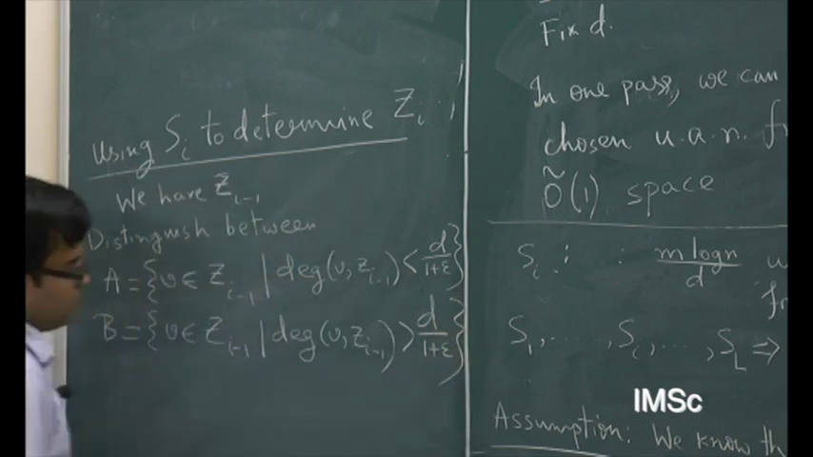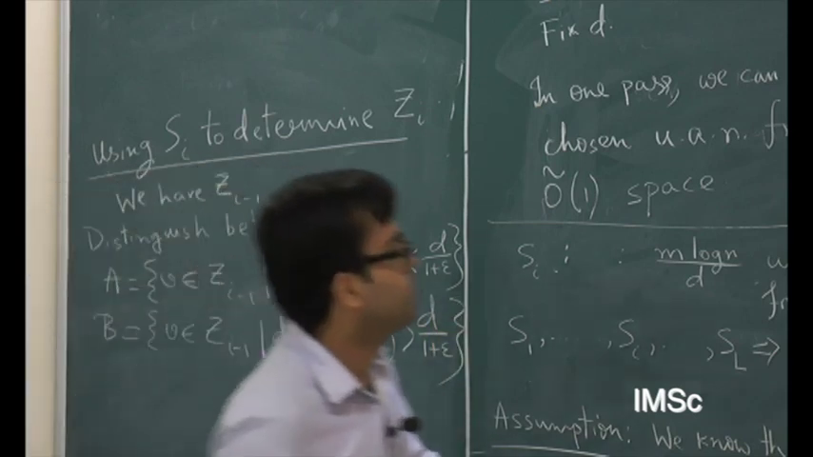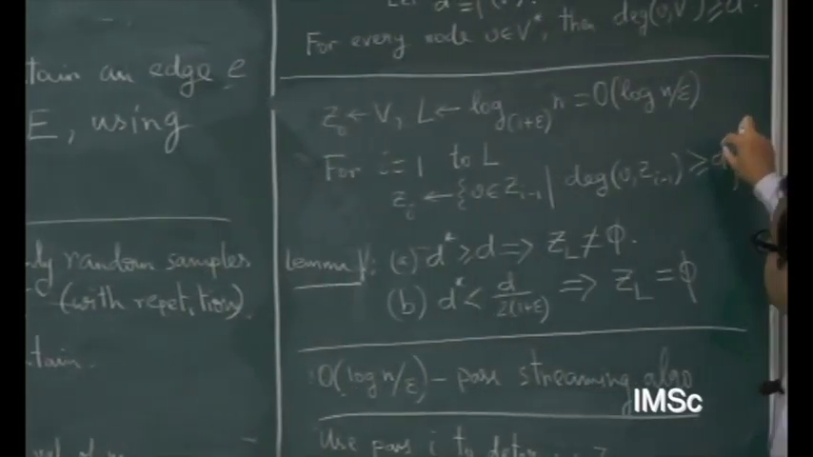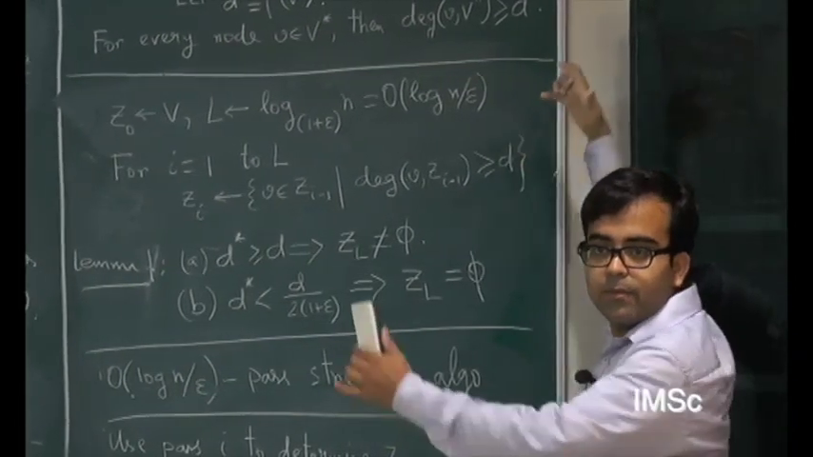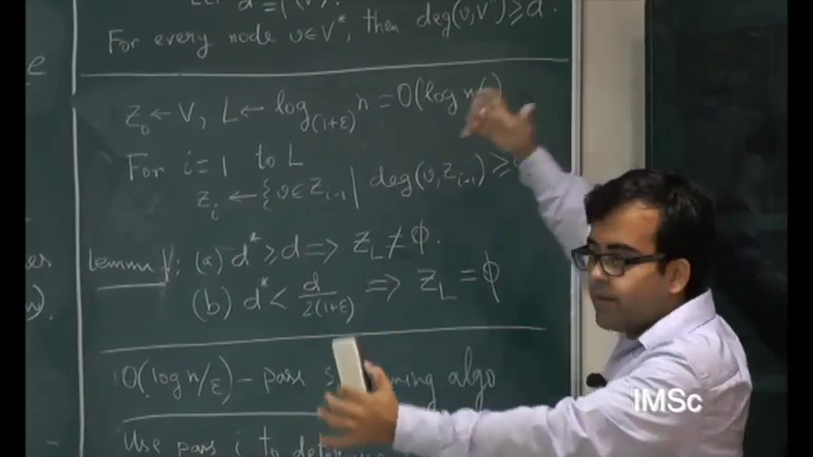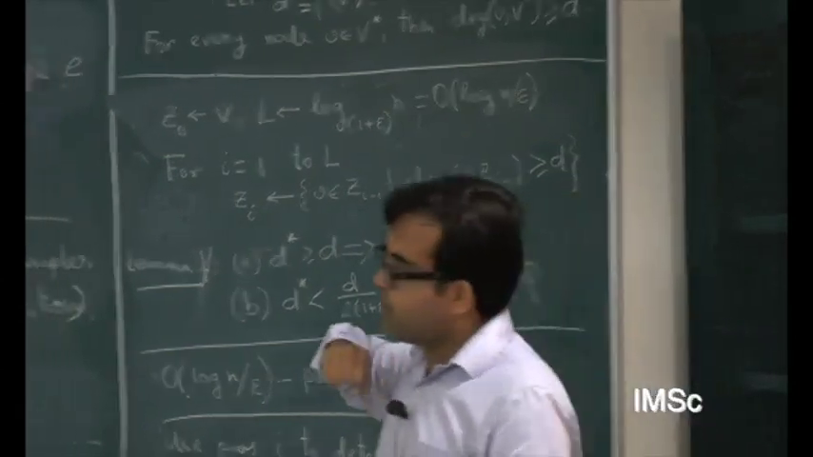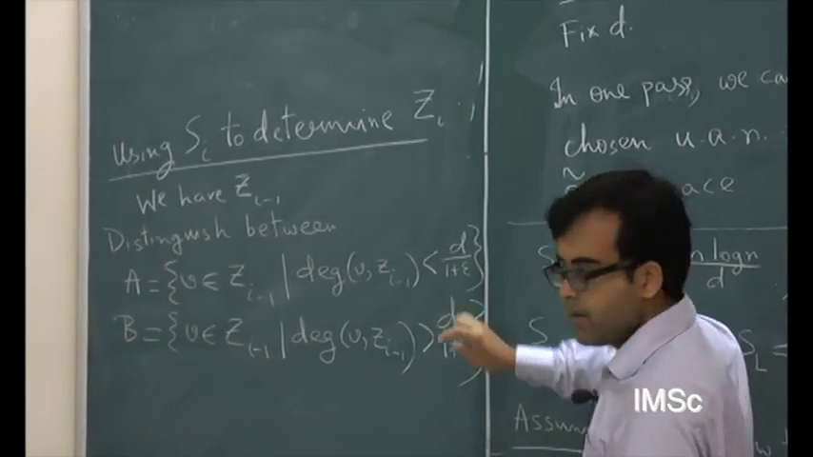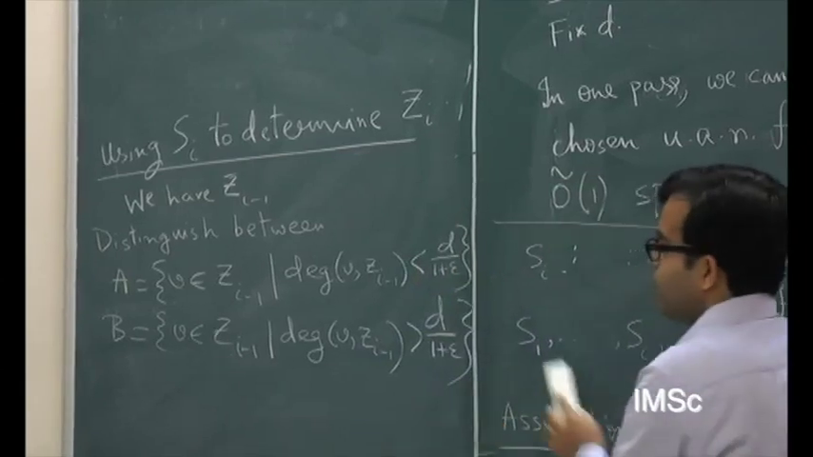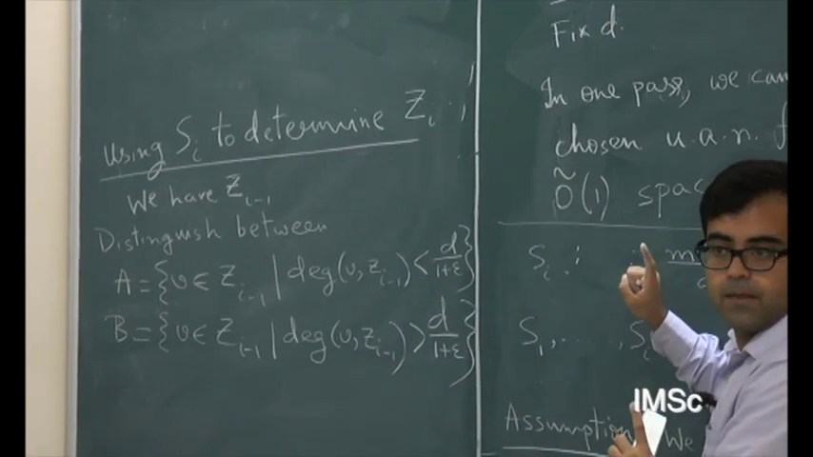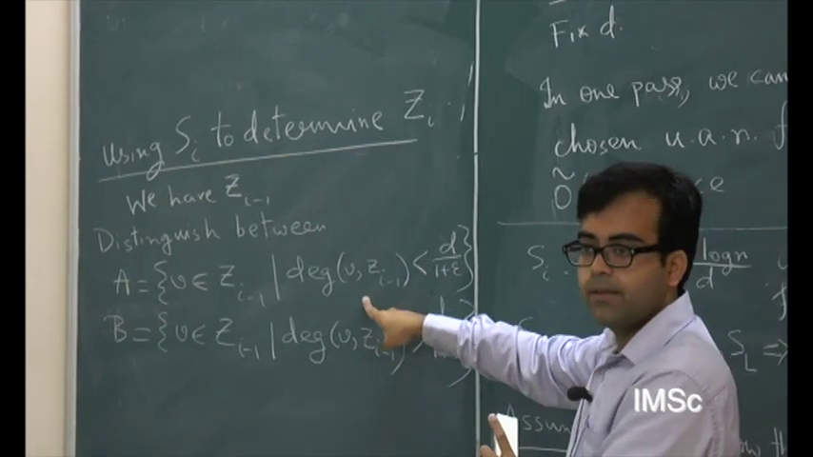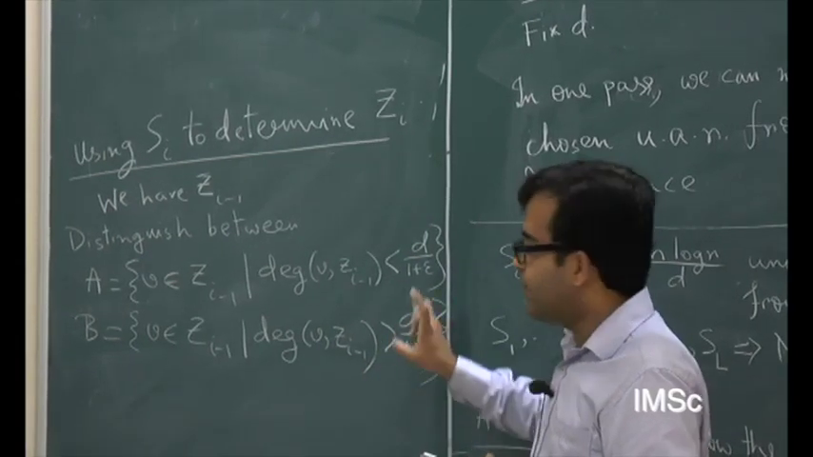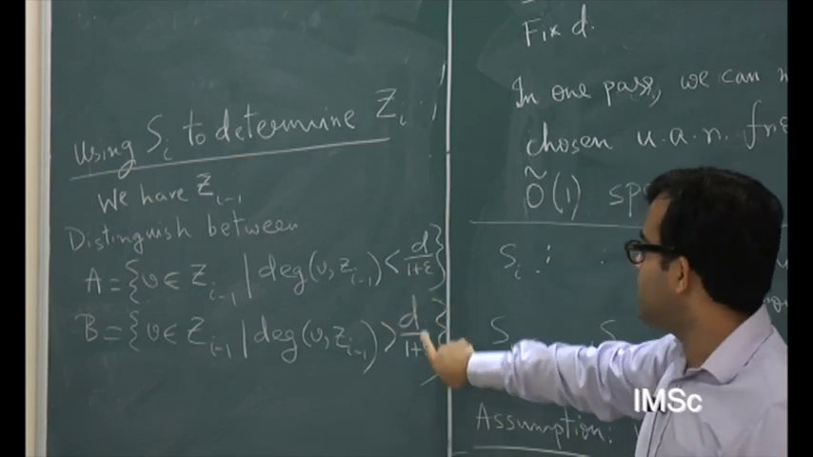So what have I done? Earlier, we were saying, look at the nodes whose degree is exactly greater than d. They belong to one partition. The remaining nodes belong to another partition. Now I am saying, introduce this gap of 1 plus epsilon. The nodes in B, they will definitely go to Zi. The nodes in A, they will definitely be chopped out. And the remaining nodes whose degree are between this,